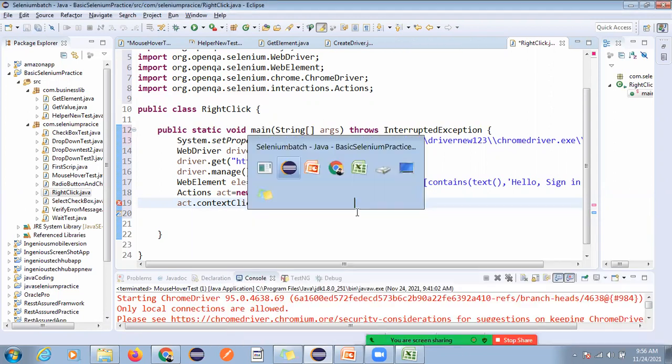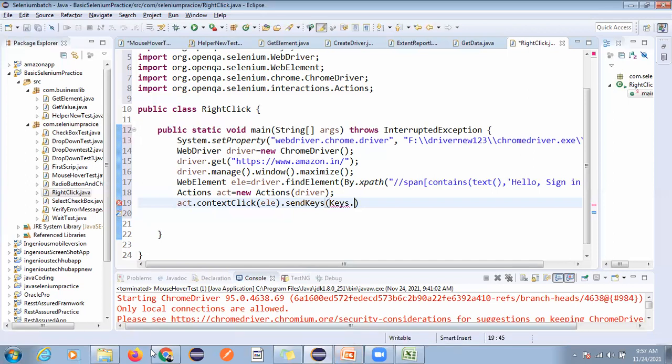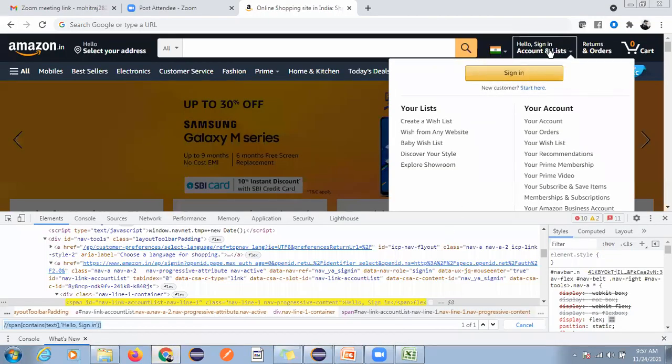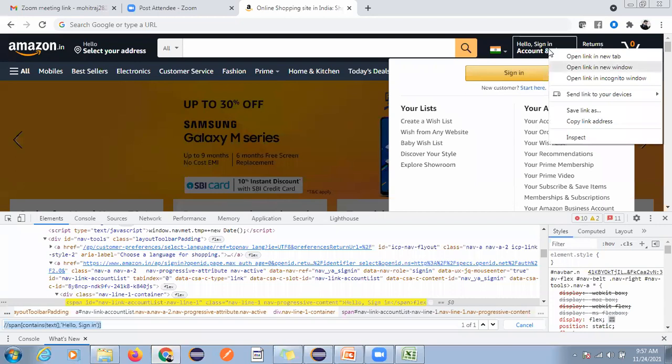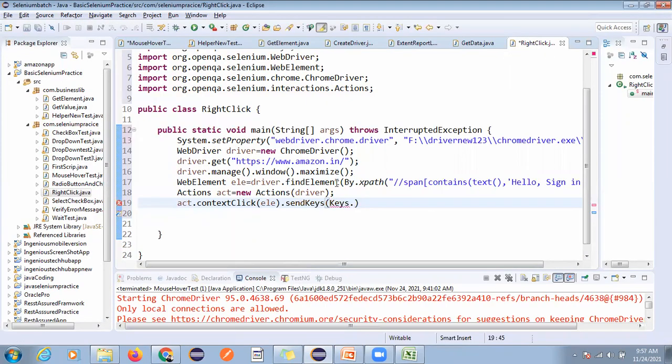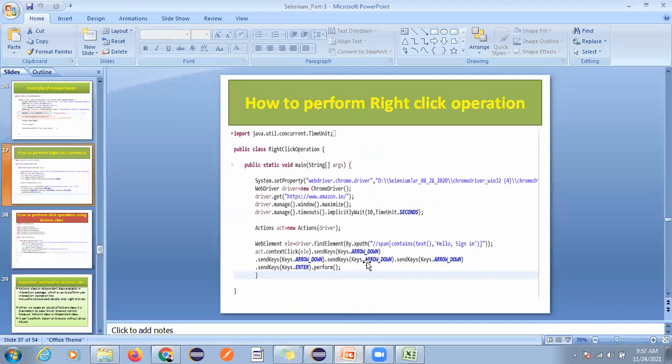Here we are trying to press arrow down two or three times, and then press enter by using the keyboard. So here we will use Keys.ARROW_DOWN.